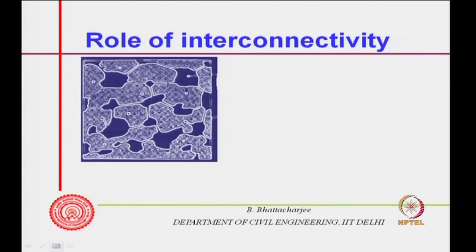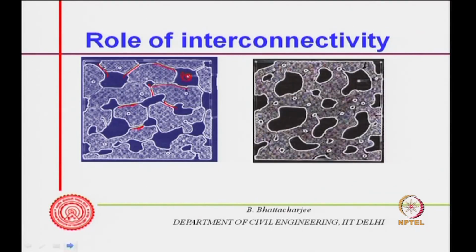This we can understand from this diagram. For example, consider this one. The pores are all interconnected through these ones. You know, these are your capillary pores, and they are interconnected. If I have a low porosity system, that is a low permeability system, they are disconnected. There is no interconnection between these two now. These interconnections are lost. So, therefore, this will be a low permeability system